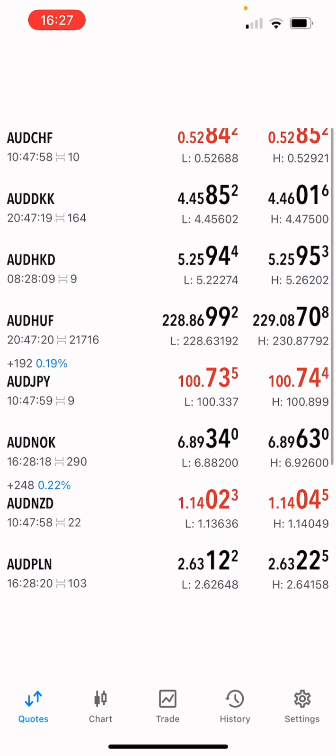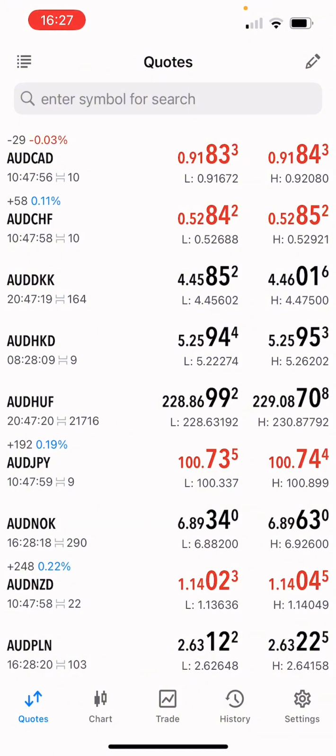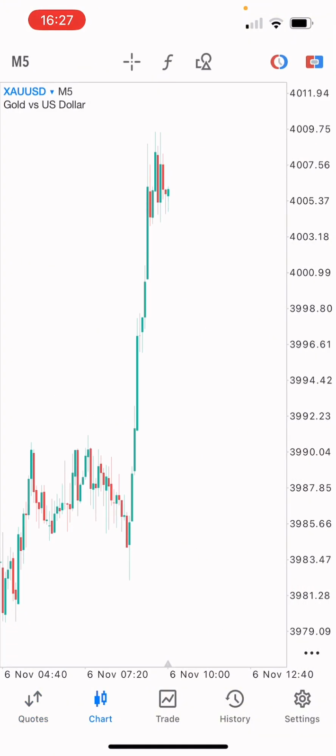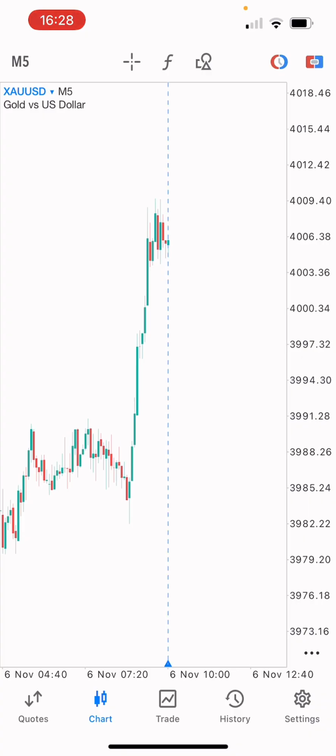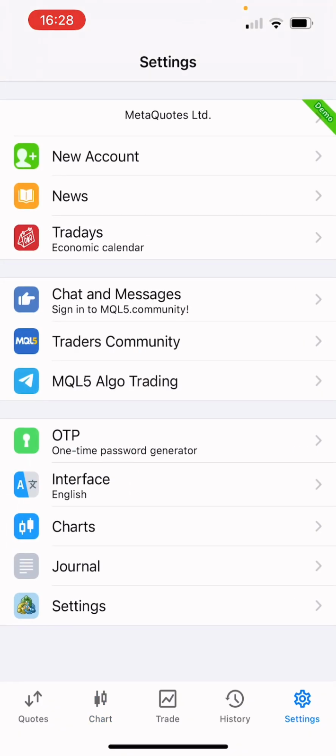So all this stuff is probably confusing. Don't worry about it. The chart is the actual only thing you really need. Is that the actual price of gold right now? Oh, not bad. So what you need to do first of all when you come into it, go to settings,